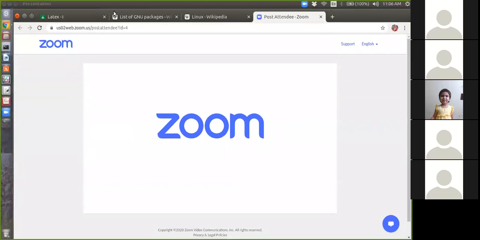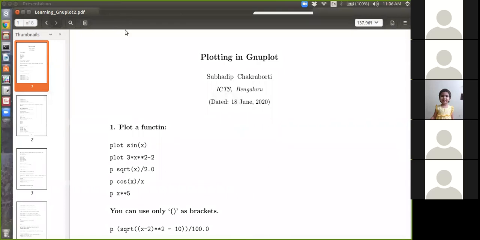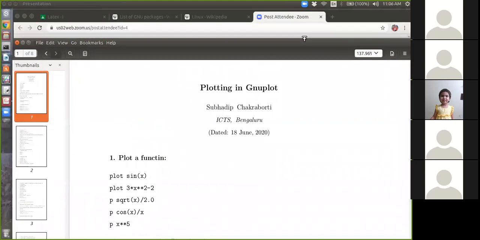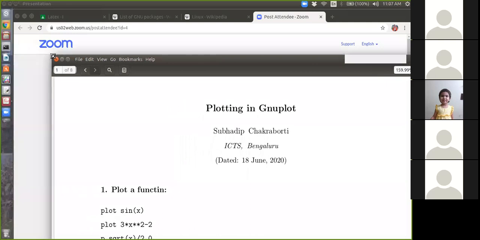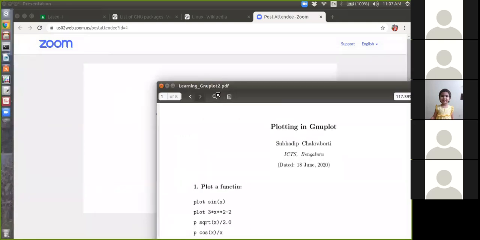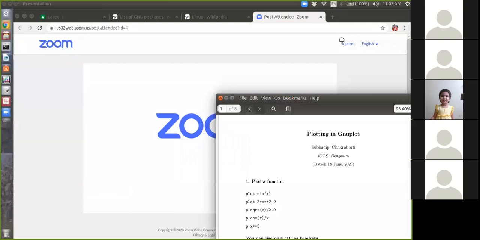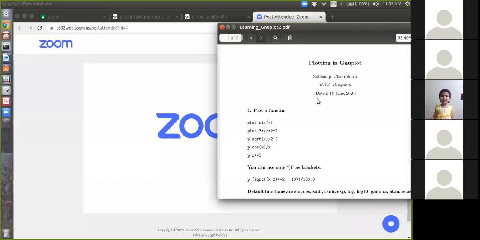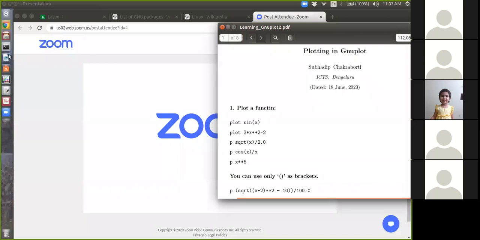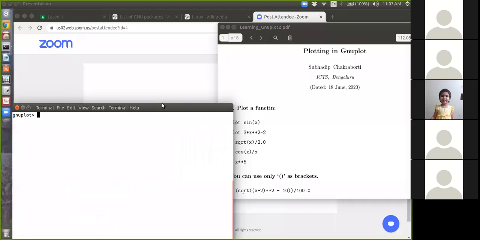Where is the PDF? This one. I hope you can see.